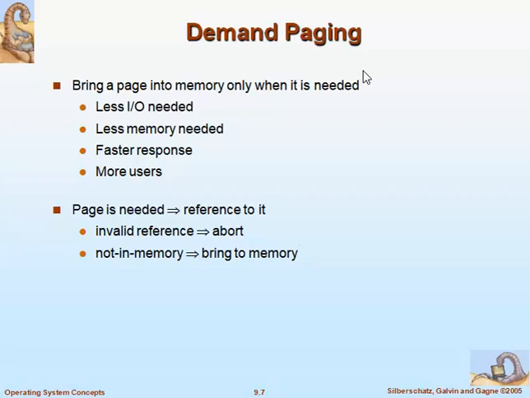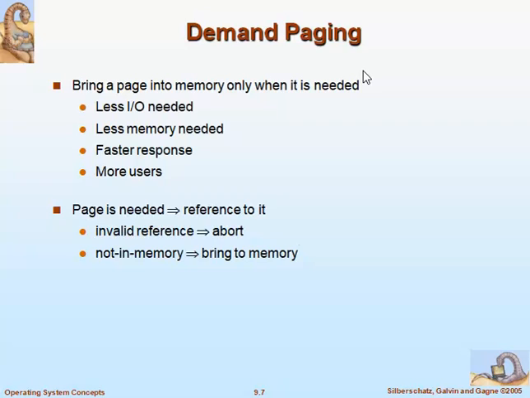Since we have loaded the entire program, what will happen? The user may not choose all the options. So a certain part of the code, or a certain option, is not clicked at all. Only a certain portion will be used. So that is how the memory will become redundant.